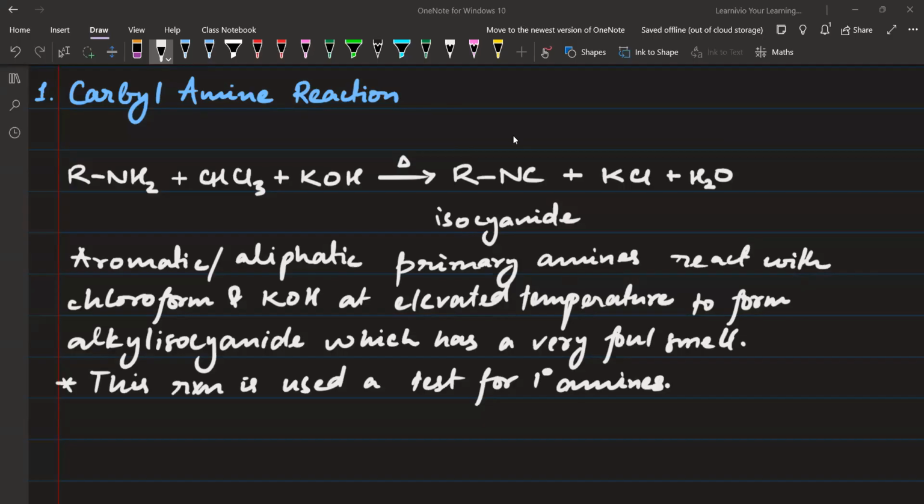ओके, चलिए तो आज के लिए हम लोग इतना ही रखते हैं एंड द रेस्ट ऑफ द केमिकल प्रॉपर्टीज ऑफ अमीन as well as diazonium salt will be completed in the next class. ठीक है, and